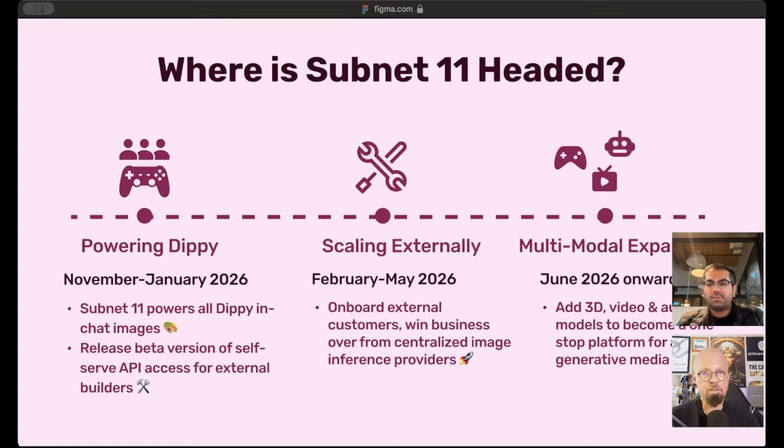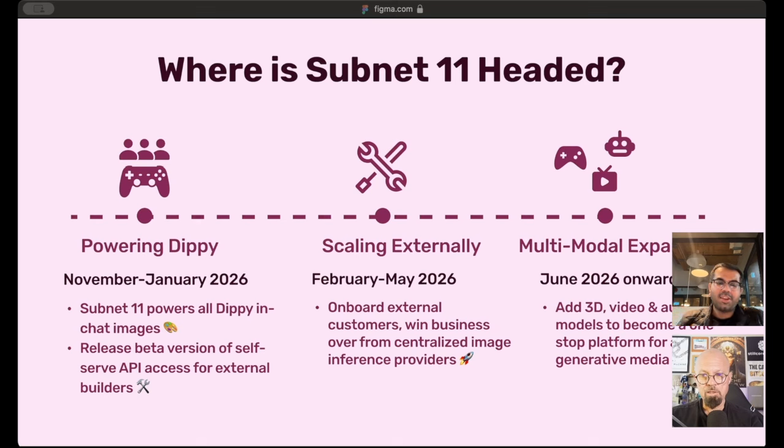Very interesting. Okay, so that's where this is headed. Eventually you'll obviously keep your Dippy character products and keep expanding that. But in addition to it, Subnet 11 will serve Dippy and be the core media inference engine for Dippy. But other products not related to Dippy at all, not even related to your other companies, can also buy services from Subnet 11, much like they buy services from Chutes or Targon right now, but for media generation. So it's sort of a Midjourney or Grok Imagine competitor. Would that characterize it correctly?